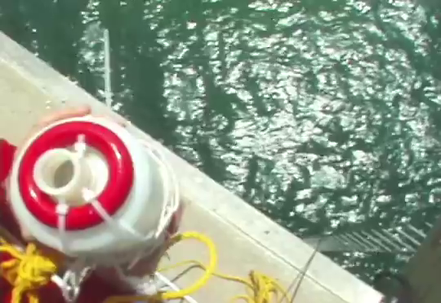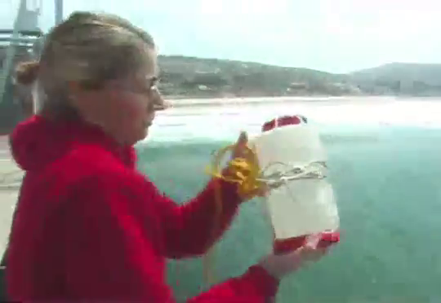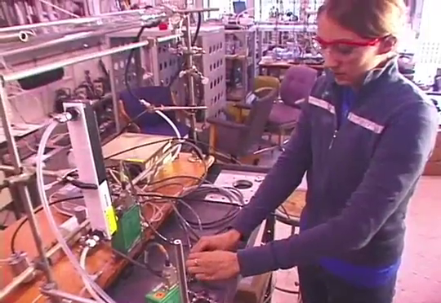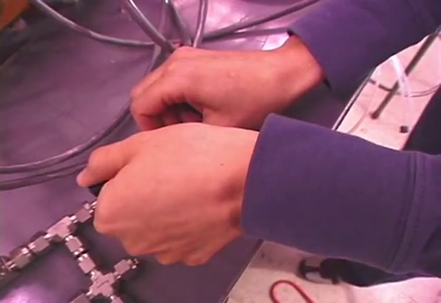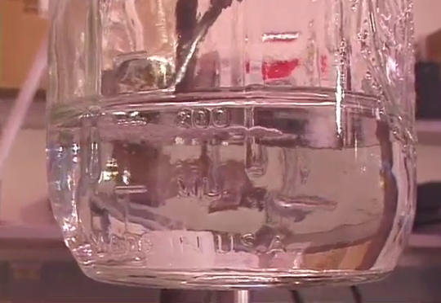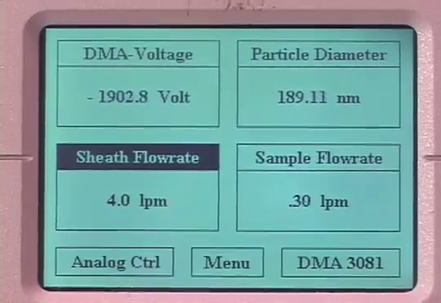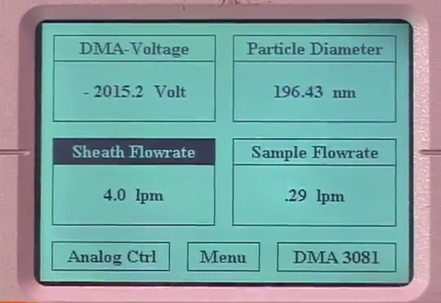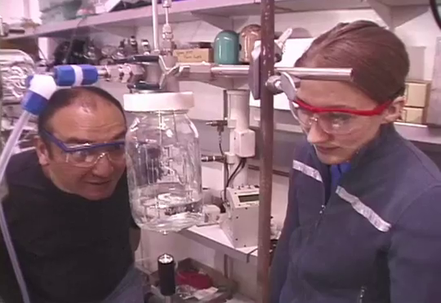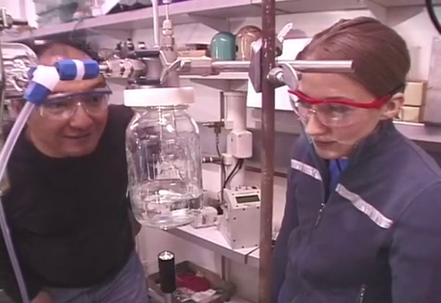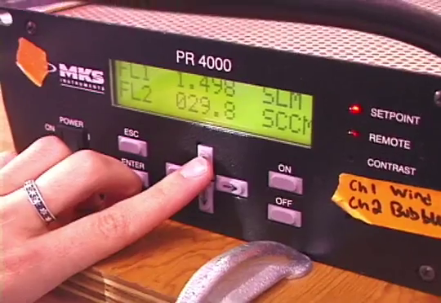Basically what we do is we collect seawater, or we can make seawater in our lab. So basically we go down to the ocean, we collect this bunch in a jar, and we bubble air through this solution, and so we're making bubbles. And so when these bubbles burst, they can make particles in the air. So you have these particles, solid particles or liquid particles, basically like really small raindrops that are bursting in the air. And so what can happen is these particles can lose some of their water and form solid salt droplets. So you can think of like the little salt crystals that you can barely see.